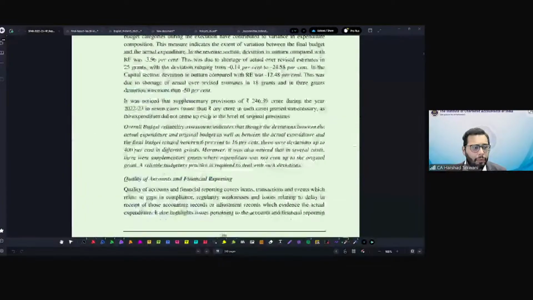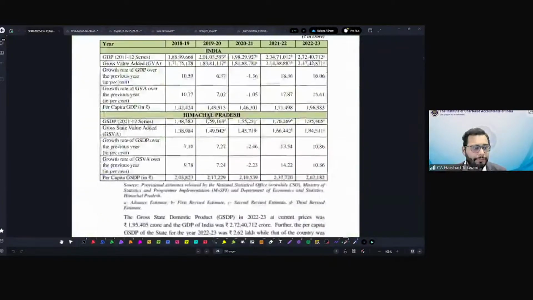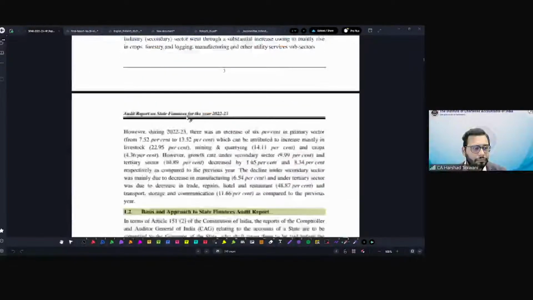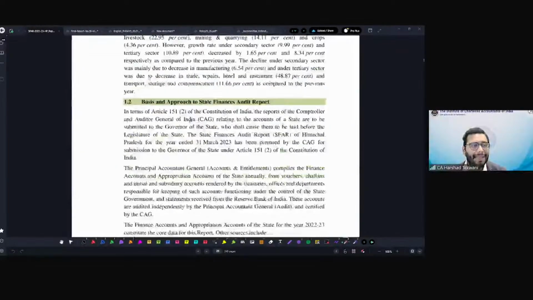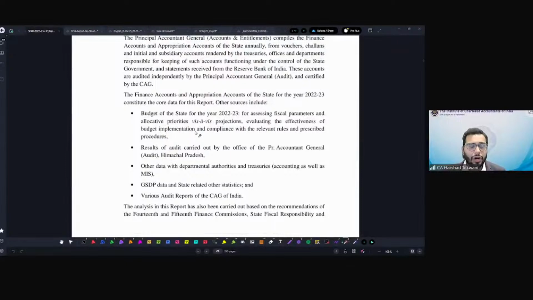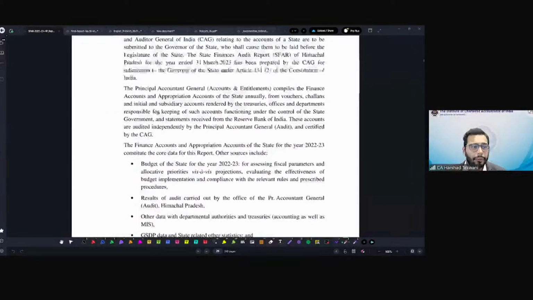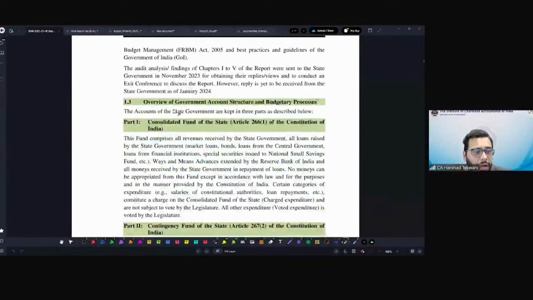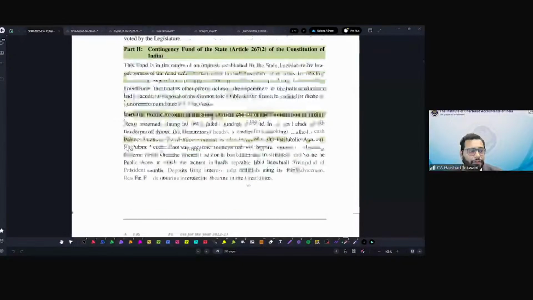some overview over here. Yeah, the basics and approach to the state finance audit report. Basically, again, under Article 151 of the Constitution, the state finance report is submitted to the Governor of the state, which will then be laid before the legislature of the state. How the audit is required to be done, the source from where the data will be collected, and then the audit and analysis are in this particular part of the report. If I show you further,